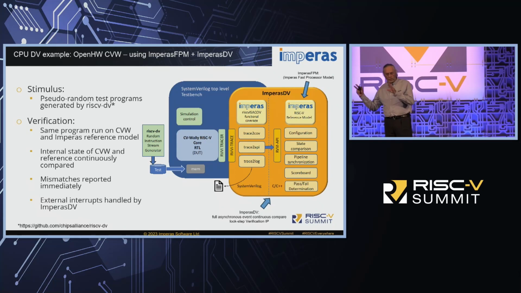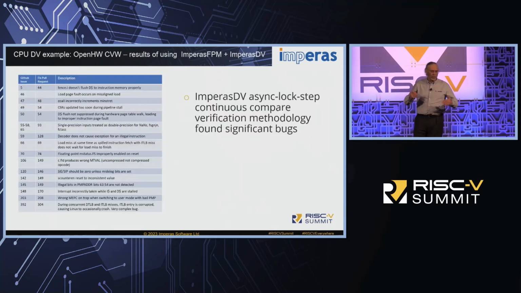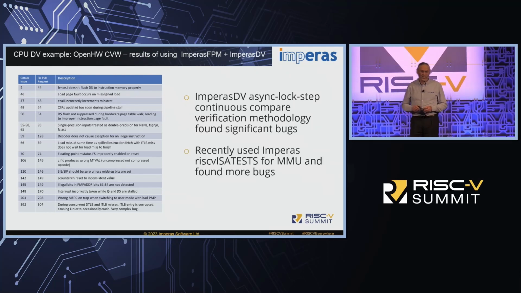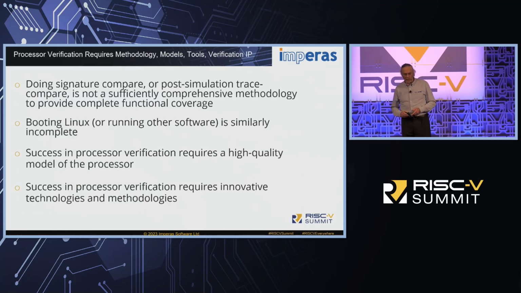And we have a technology, our Imperas DV product, which takes the model, takes the coverage, hooks up to the RTL. You run your programs on the RTL, and on every event, it's comparing. So it's actually doing checking of that. And it checks the mismatches and tells you if there's anything it doesn't understand. And it does all the asynchronous stuff. And after using our technology, they found 20, 30 different bugs in there to do with different, very complex things. And actually, recently, we just provided some tests for virtual memory, and it's finding more bugs in that.